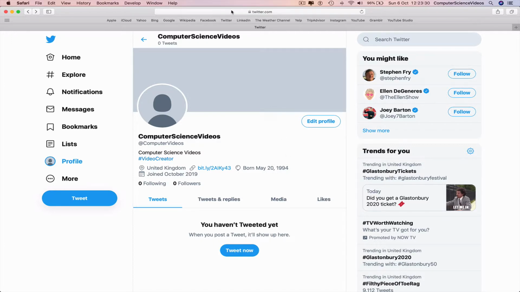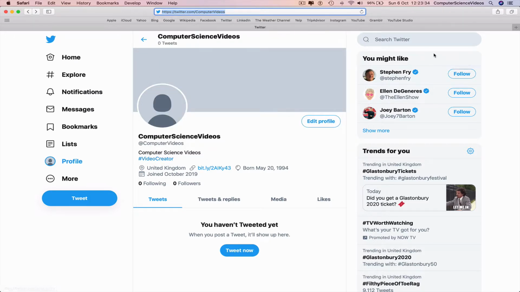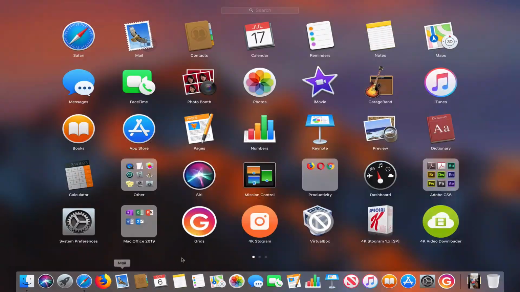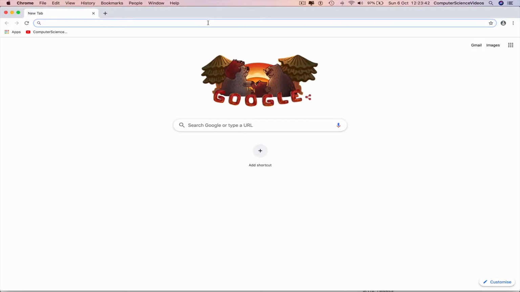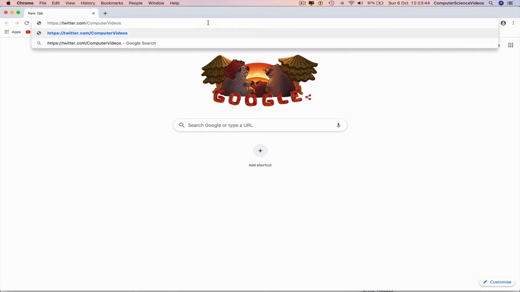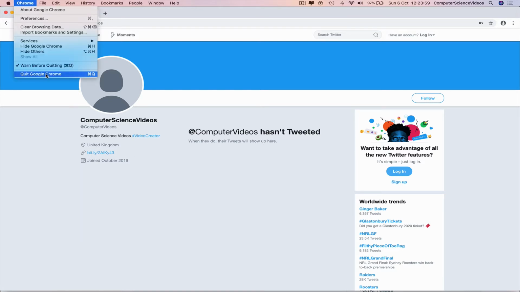However, now take the URL. Command C, open up a new web browser. If I go to Launchpad, Google Chrome, and then insert the URL, computer videos, as you can see, the date of birth is not visible on the account as it is private. Quit Google Chrome,